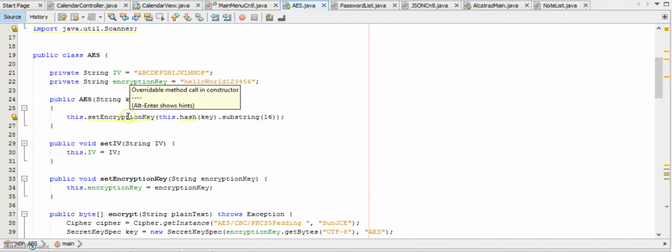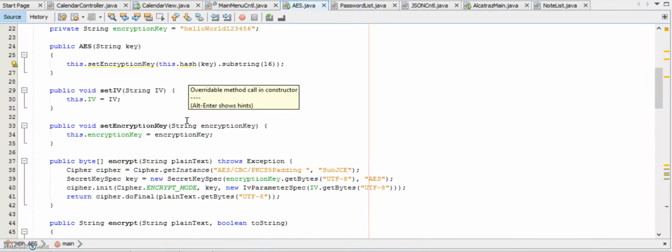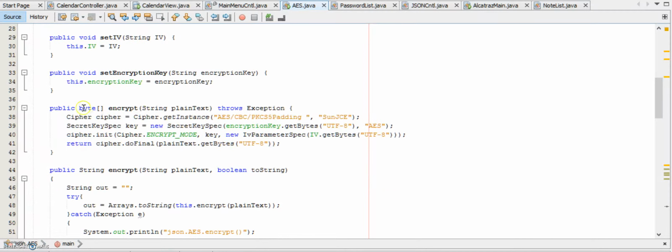Essentially, we create a key, and then our key that is inserted will be a maximum of 16 characters. Now, the key that's entered is actually hashed, so that way it is completely randomized and cannot be guessed like a regular password. Now, as we go on, we'll start off with our encryption object here, our encryption method, and